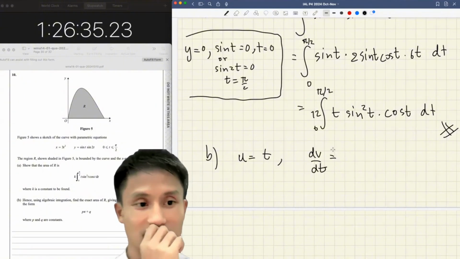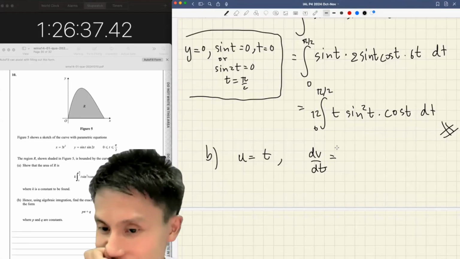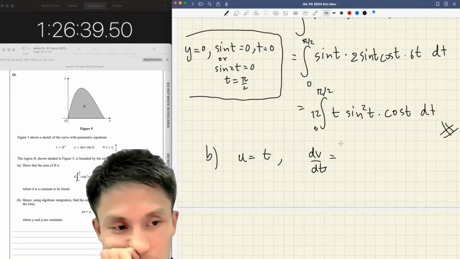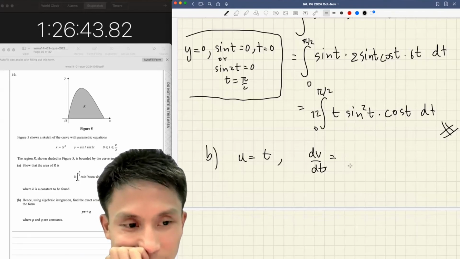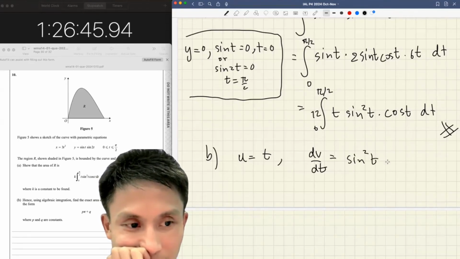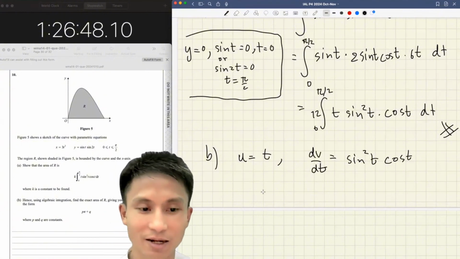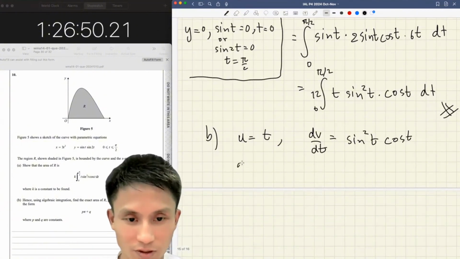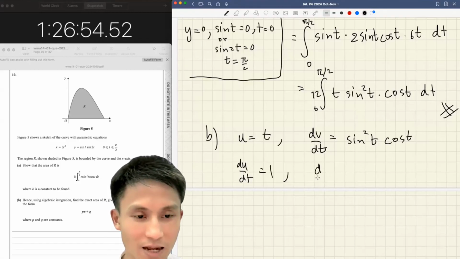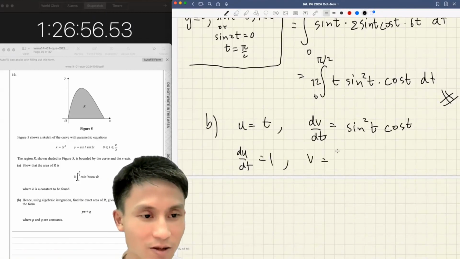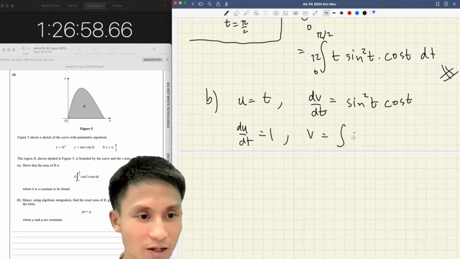Okay, let me check. All right, this is tricky, no? If I integrate that, what do I get? Yeah, I can integrate that. I think I can. Right, let's see if I can. Okay, so du by dt is 1. An integral of that, which gives us v, would be integrate that,